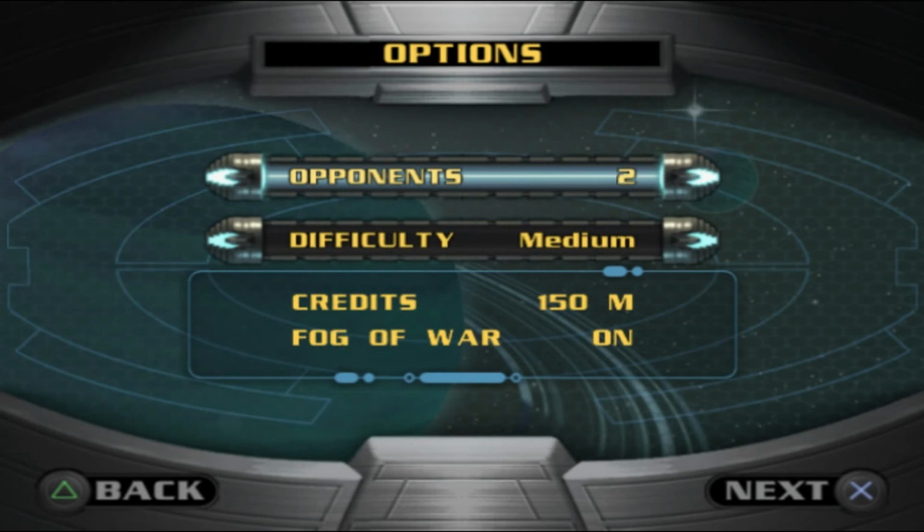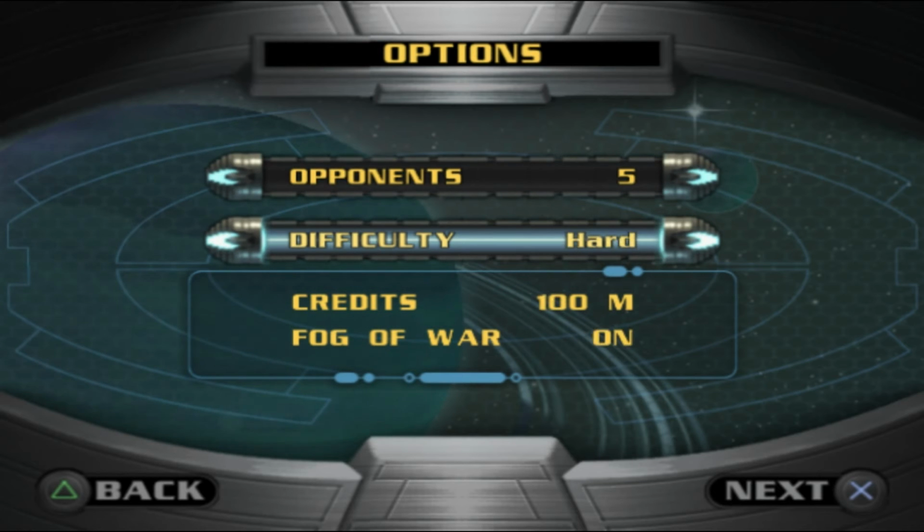You also can choose how many enemies you want to fight: 1 enemy, 2 enemies, 3 enemies. We're going to use all 5, and you can also have easy, medium, or hard. Now, as you can see, depending on which level you start off with, you get a certain starting credits, and then you also have Fog of War on or off. So when it's on, it means that you can only see a few